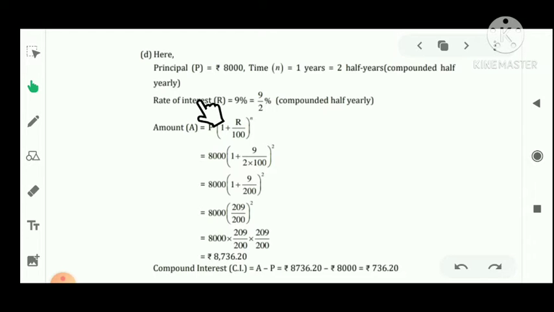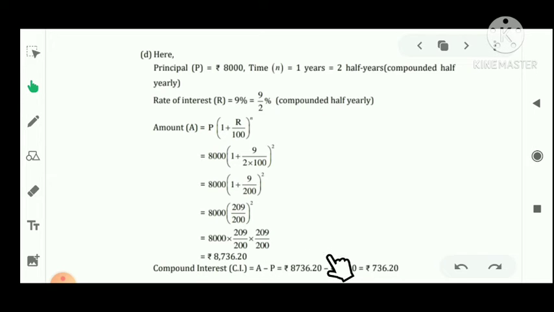In the D part, the principal's value is given, that is 8,000. Time is given as 1 year. So we can say 1 year as 2 half years, because it is compounded half yearly, and the rate is given as 9%. That means after converting it to half yearly, it is 9 upon 2. So again we have to write down the formula, that is A is equal to P bracket 1 plus R upon 100 power n. P's value here is 8,000, R's value here is 9 upon 2, and n's value here is 2. And after solving it, its value is